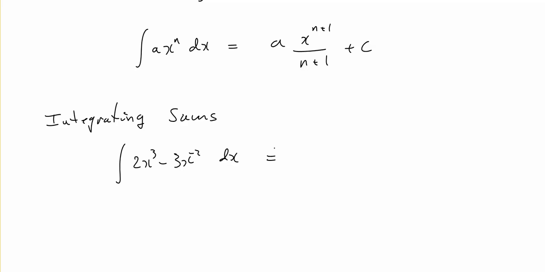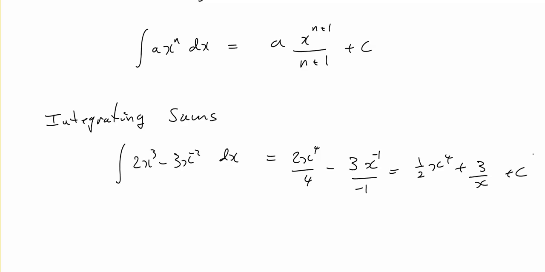So that would be the integral of 2x cubed, which is 2x to the 4 over 4, minus 3 times x to the minus 1 over minus 1, which equals a half x to the power 4